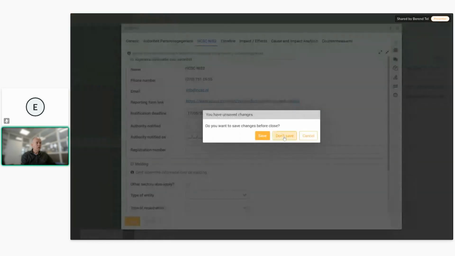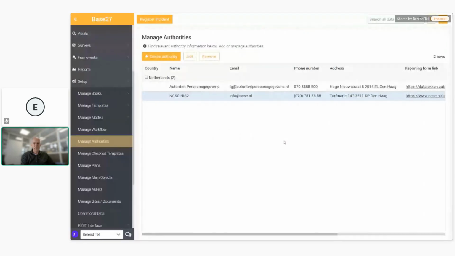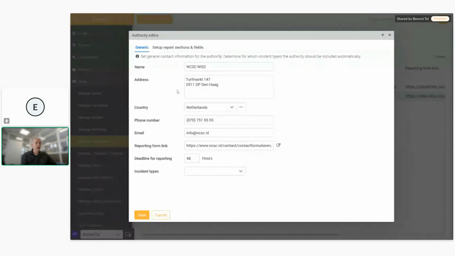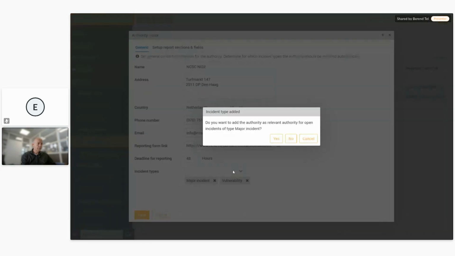Now, maybe you want to have a dedicated type that you want to link to the NCSC. That can be done based on the default authority information. I can also say, well, in any major incident, this is the authority that we need to report on, or maybe for certain vulnerabilities as well. So if I do save,